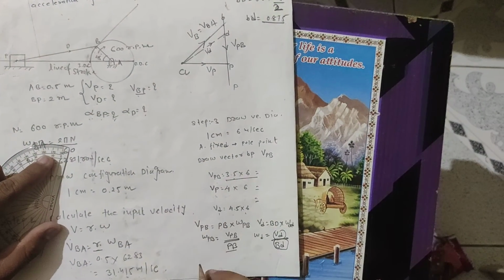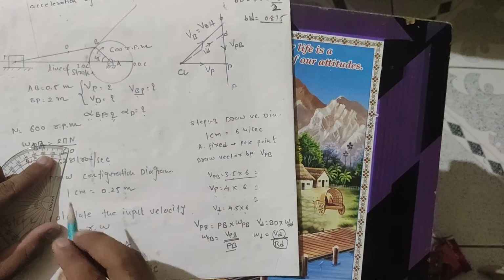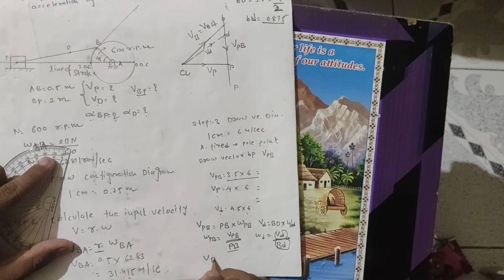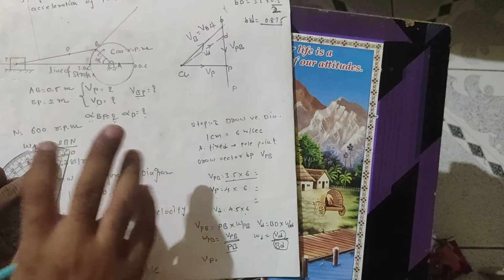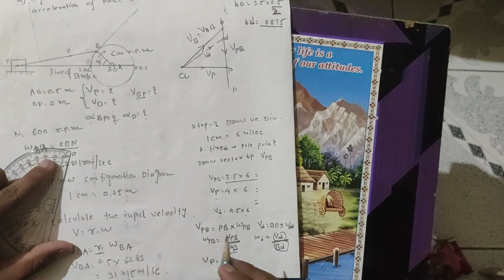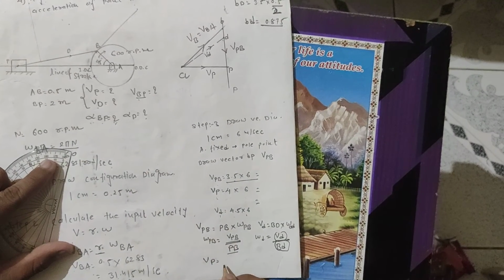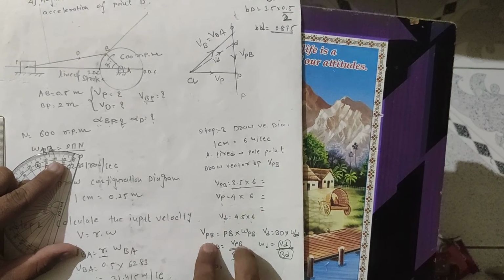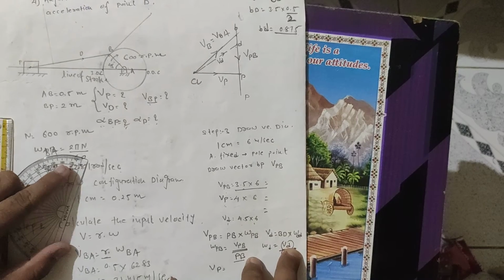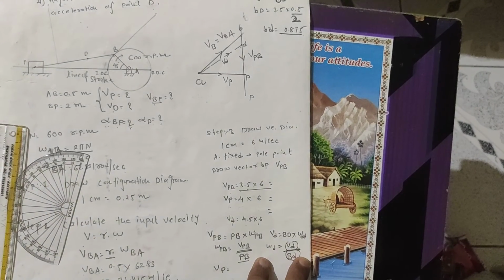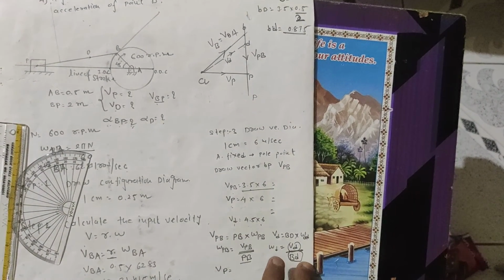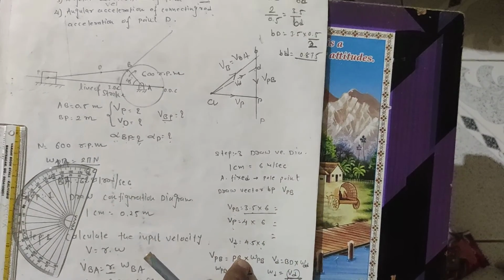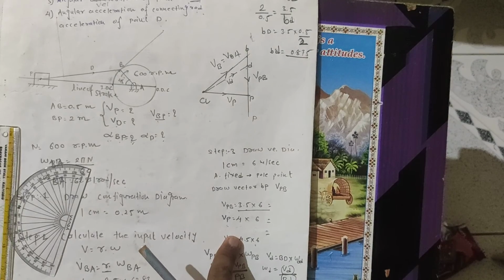And last one, for PB, for which VP is remaining. So the velocity of P is for the slider. That is not given over here, so directly only velocity we have to find out. So here we have to find out the velocity and angular acceleration of both of these. So this is our first part that we have to calculate over here. If you have any doubt regarding this one, then you can ask me. Okay, thank you.